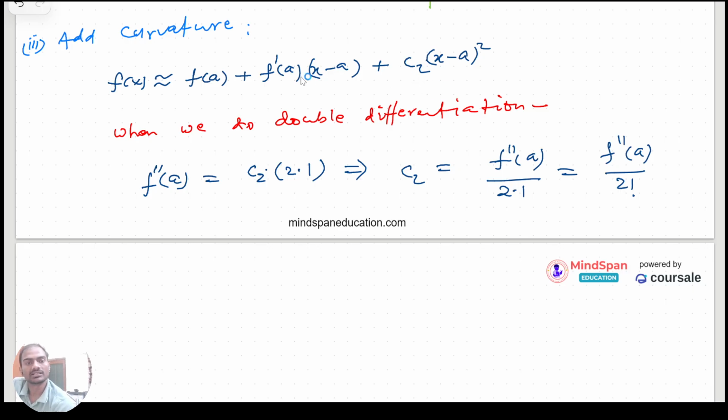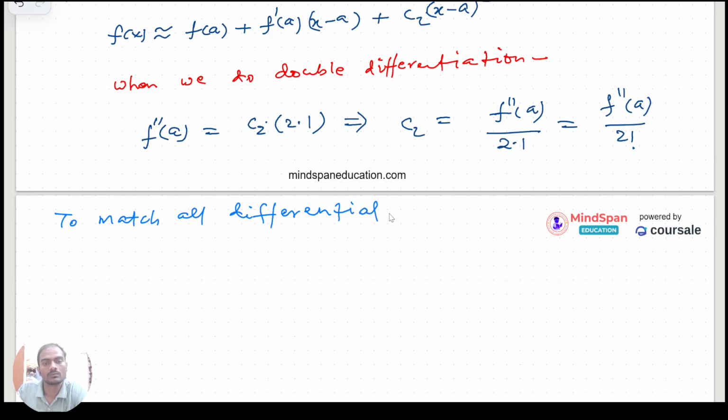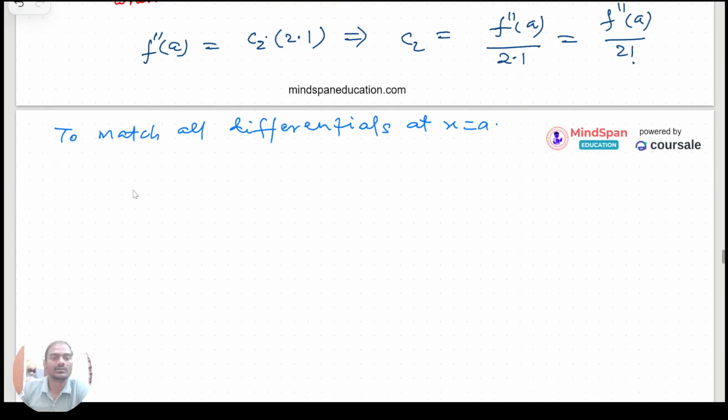इस तरह से C2 रखना है कि डबल डिफरेंशिएशन करने के बाद यदि हम इसको निकालें, हम इसका एग्जैक्ट वैल्यू x equal to a पे, तो ये f double dash a से मैच होना चाहिए, जो कि यहाँ मैंने लिखा, राइट? उस हिसाब से हम यदि कंपेयर करेंगे तो C2 मेरा f double dash a by 2 factorial है। उसी तरह से इसको यदि हम जेनरिक टर्म में लिखें, to match all differential at x equal to a, जो कि हमें ऑलरेडी पता है, we will get